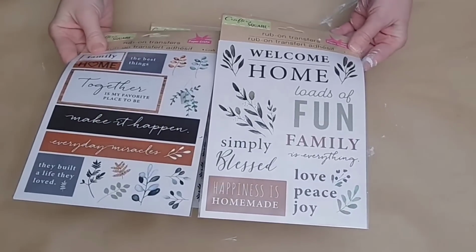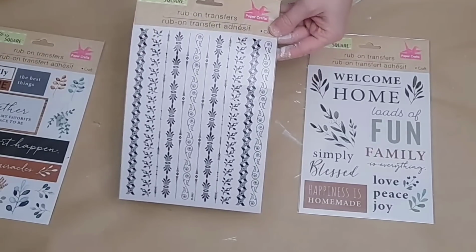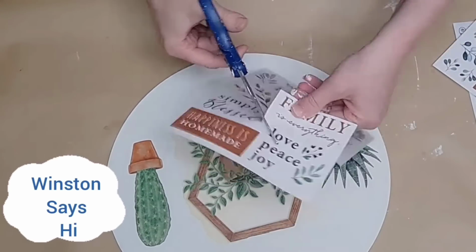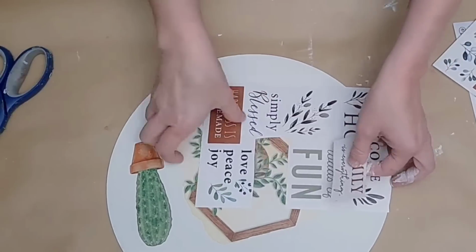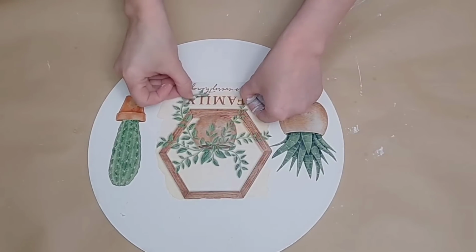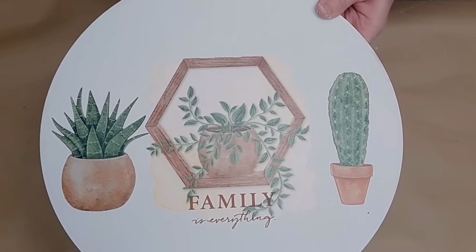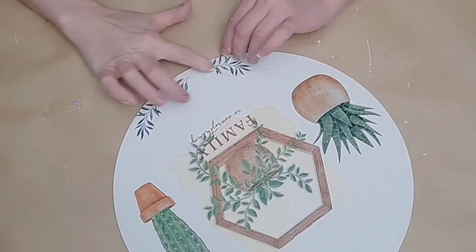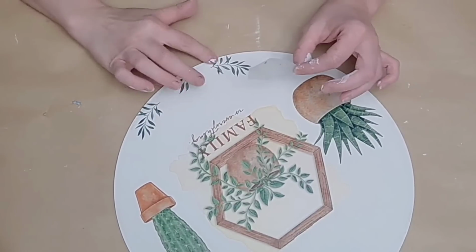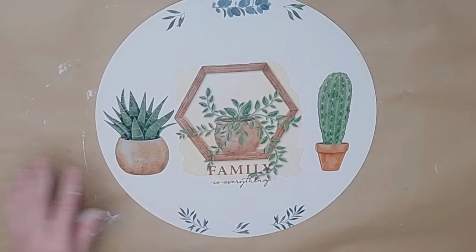And then I found some rub-on transfers that I like and that I thought matched because I wanted this to have some words on it too. I'm just showing you some options here. So I cut out the word that says family is everything, and I applied that right under the middle image. I thought that looked so nice and cohesive. Once that was done, I took my greenery rub-on transfers from Dollar Tree, and I just took a few pieces of this greenery and applied some to the top and bottom of the round